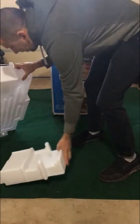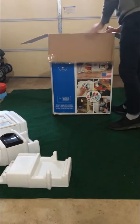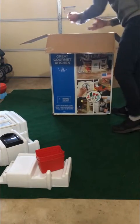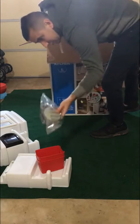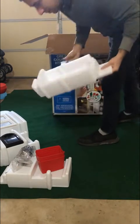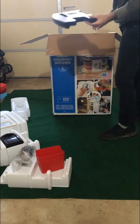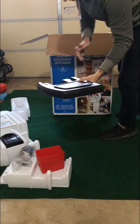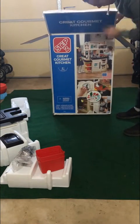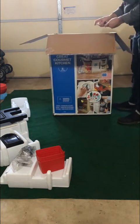Oh, we got the microwave and cabinets. Some organizing baskets of some sort. We got the stove burner, it looks like. Some screws. Another piece that holds it together, I guess. It looks like a little shelf that sticks out that you put stuff on. Yeah, probably that piece. And last but not least,